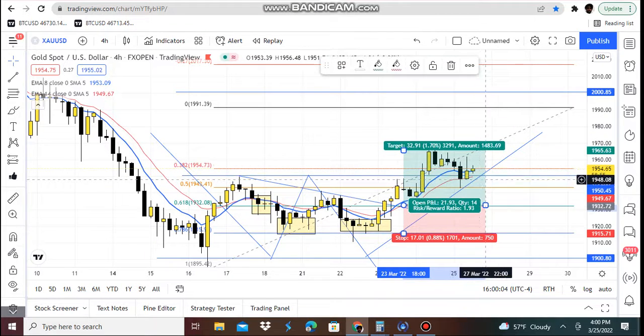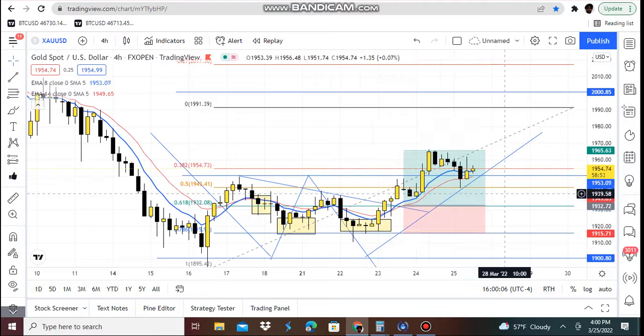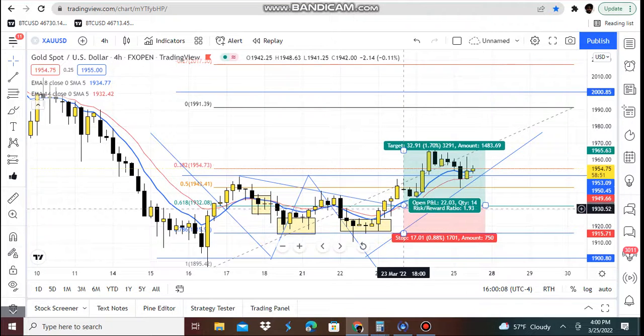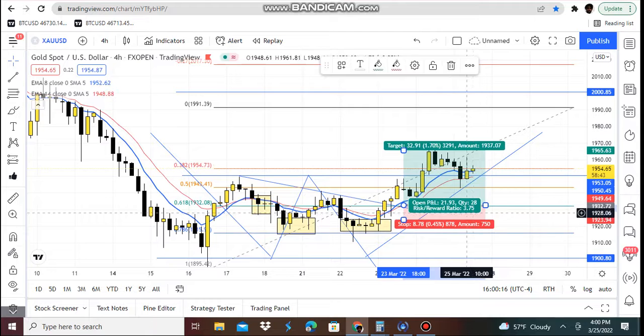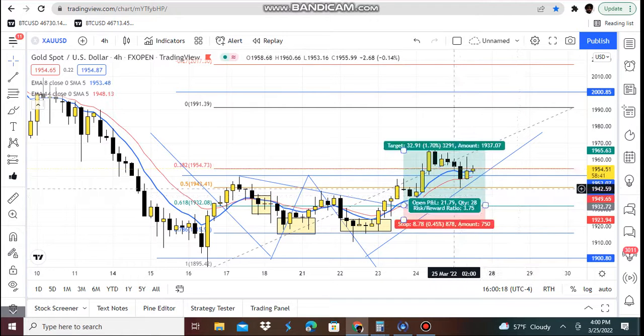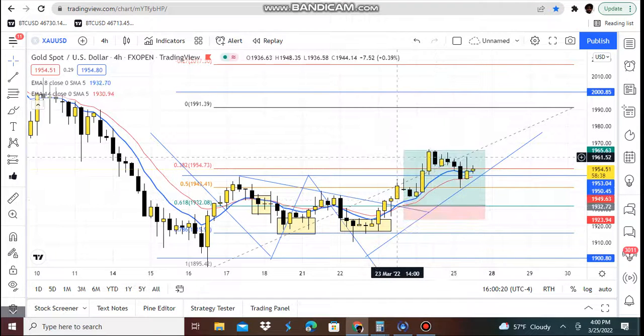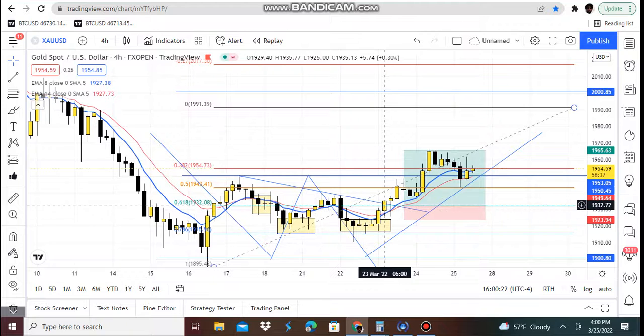Risk reward ratio 1.93. Here's your stop loss right here. If you wanted to make your stop loss a little closer, obviously, you could get a better risk reward ratio. This one is a 0.375 risk reward ratio if you would have got in around 1932, once price breaks it, this makes a yellow candlestick right here, tries